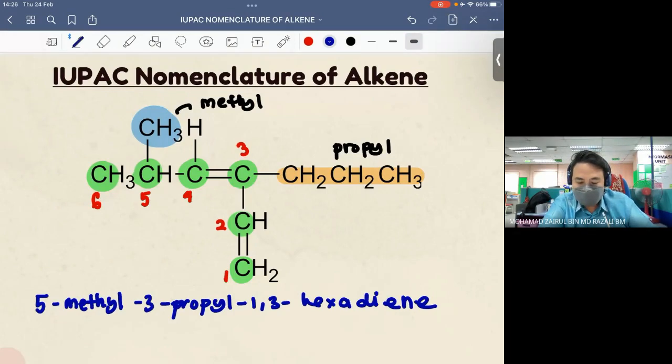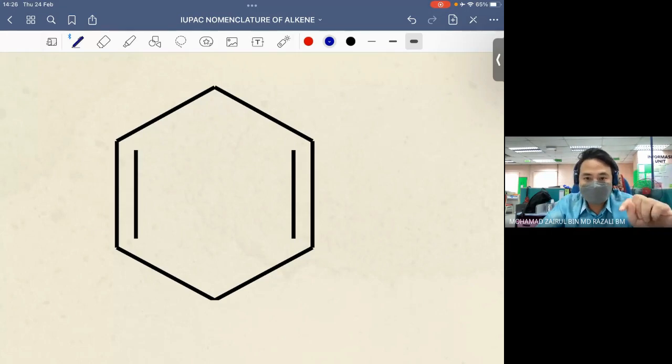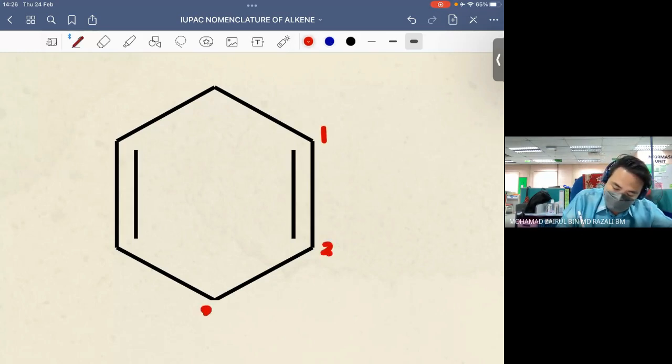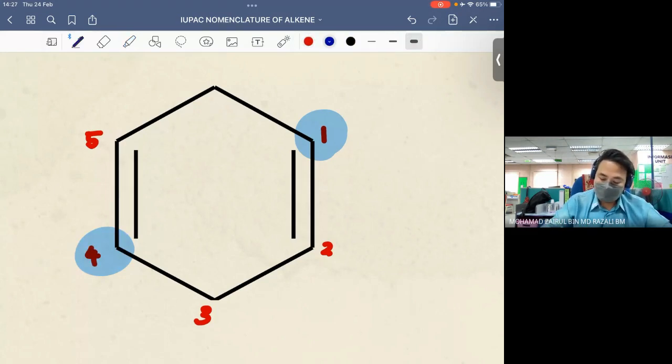Okay. So now if it's like this, we do it like this. It's the same as usual. If it is a cyclic alkene, the double bond must always be at carbon number 1 and number 2. But earlier, for a cyclic alkene with only one double bond, we don't need to number it. But if there is more than one, we have to number it. So let's say this one is carbon number 1, 2, 3, 4, 5. The double bonds we will number as number 1 and number 4. We take the lowest numbers. So the name is going to be 1,4